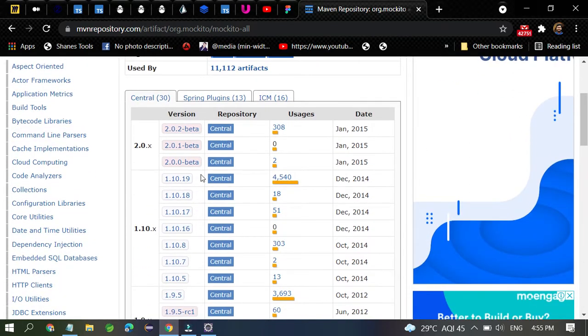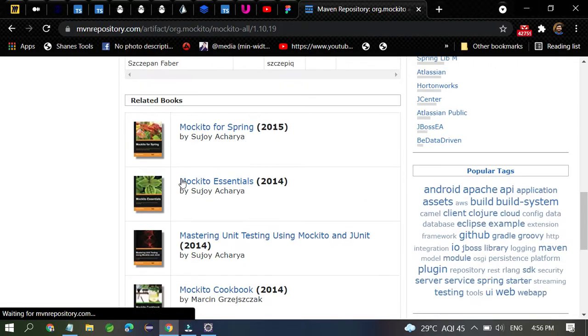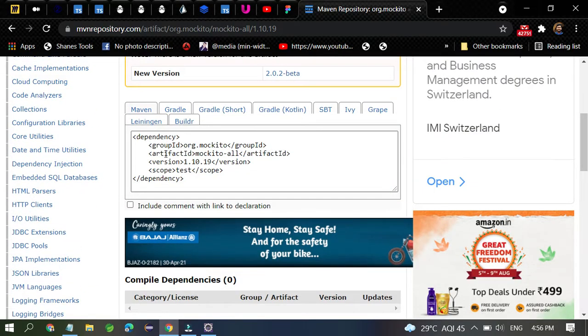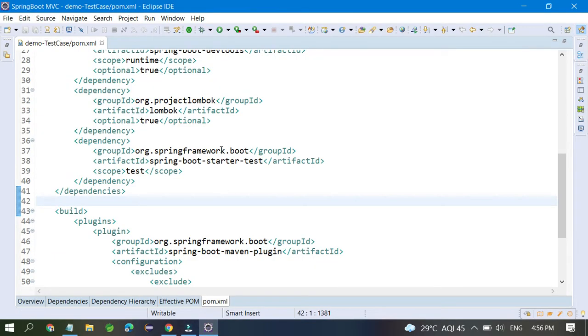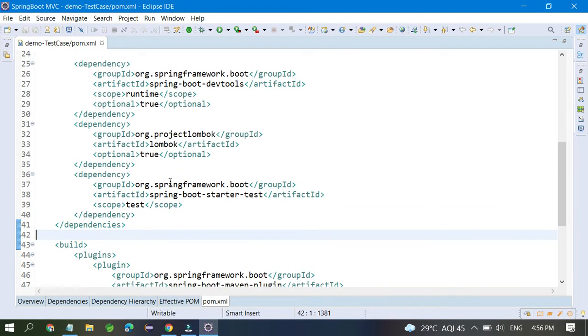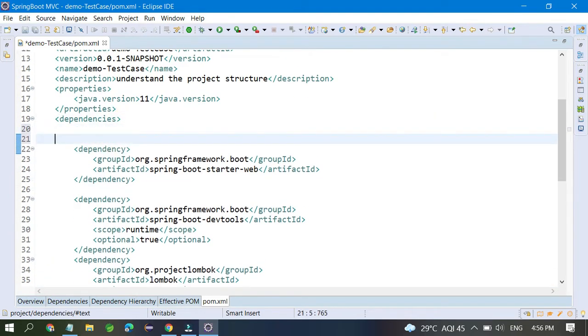Right now a beta version is also available, so you can take the beta version, otherwise you can take the one that people are using the most. Right now I want this dependency. I will take it, go to your pom.xml file, and after the test dependency or before it, inside the dependencies tag, you can put your new dependency.